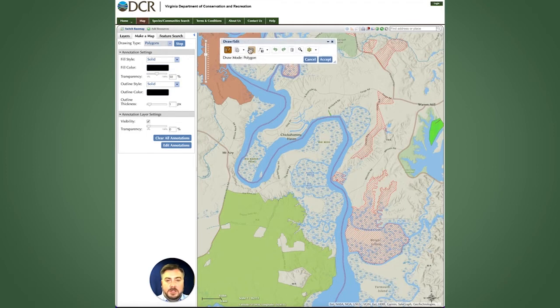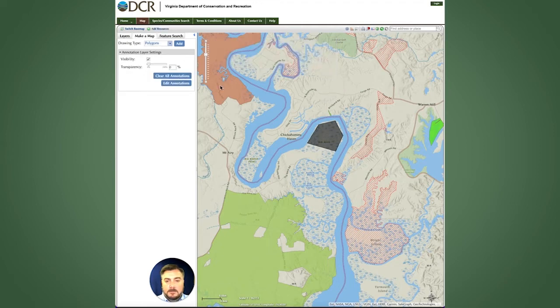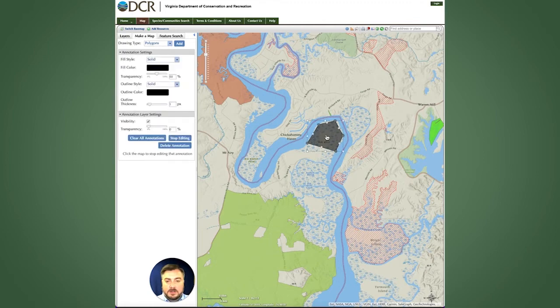I could also import a shape here, just as I did under Add Resources, by Select File to Upload, and navigating to that folder and importing that shapefile. But for this example, I'll keep it on Draw Mode Polygon, and I'll draw my project shape. Once I'm happy with the shape of that, I will click Accept. I'll click Edit Annotations, click the polygon that I just drew, and at this point I have the ability to change the interior of the polygon, to change the boundary, to add text, or to edit the vertices and adjust